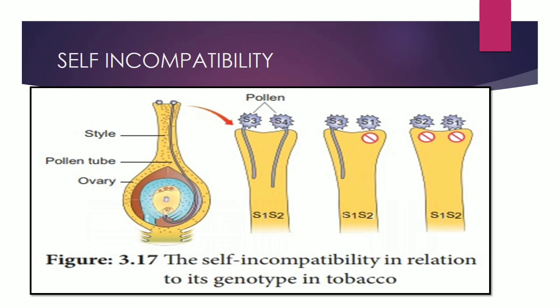So these are the examples of outbreeding devices. Each term, study well. There are some differences in each one, and the peculiarity of each type, each device, go through. Anyone can be asked as a separate question, or any example can be asked. Okay, 1 mark, 2 mark, or MCQ questions, all can be asked.